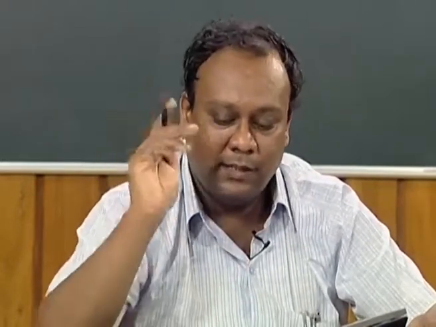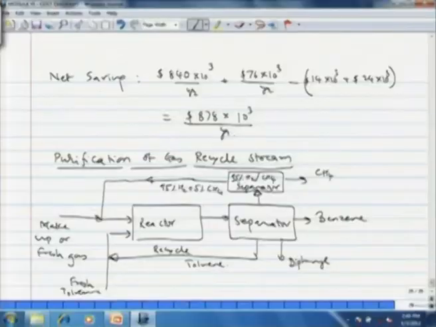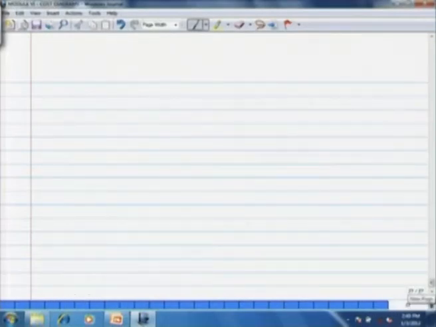Now, you have to do a simple material balance that I am leaving as an exercise for you. You can very easily do it, taking the previous example as a base case where we had 265 moles per hour of benzene production, same selectivity, same per pass conversion, etc. Taking same values, you can very easily do this material balance, which I am going to give now. Exact calculation I leave to you because those are pretty easy. I am again going to draw the same flow sheet, but now I am going to put the molar flow rates.